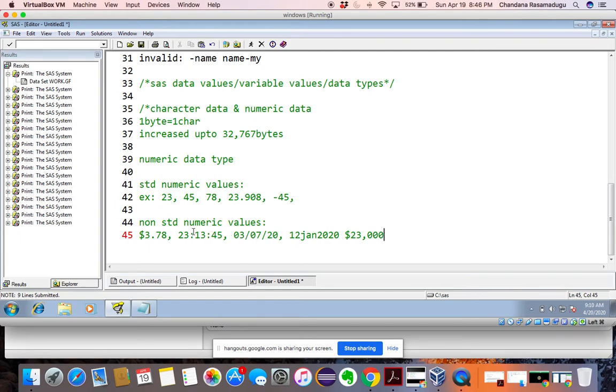Date and time values too: this is a time value, and these two are date values. If numeric values are like this, they are called non-standard numeric data. If it is like this, then it is called standard numeric data.